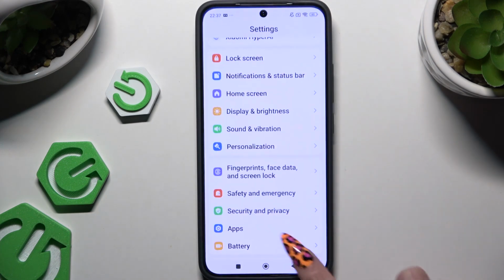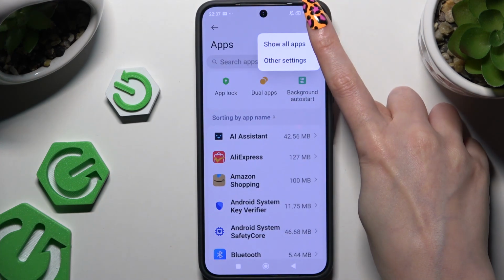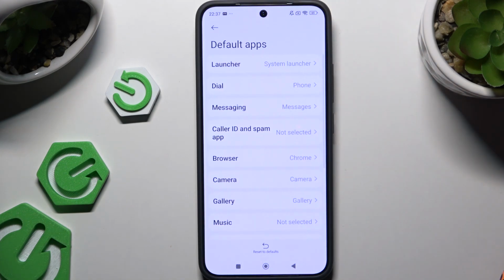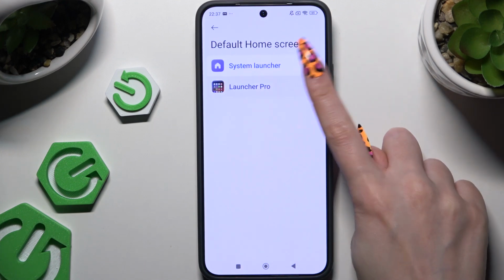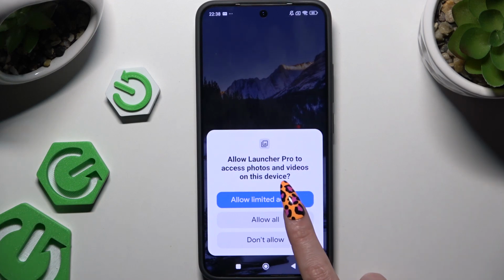Then go into Settings to hit Apps. Tap on those three dots at the top right corner and select Other Settings to hit Default Apps. Now you need to select Launcher, click on Launcher Pro, and tap on Home button to choose Allow All and